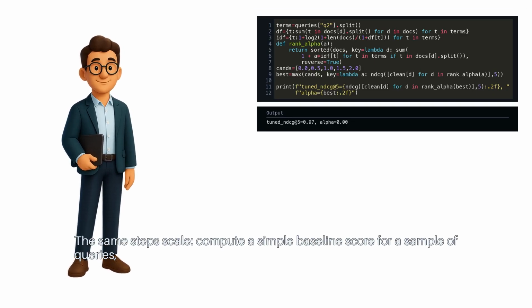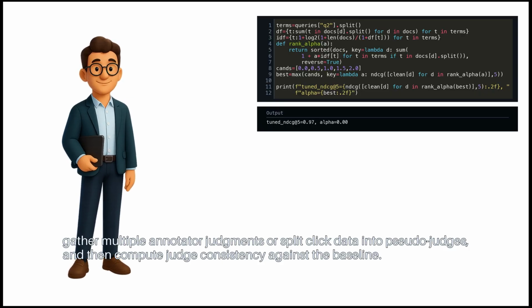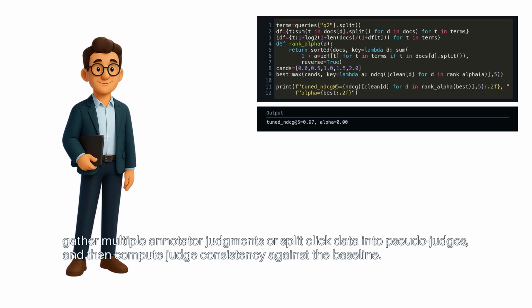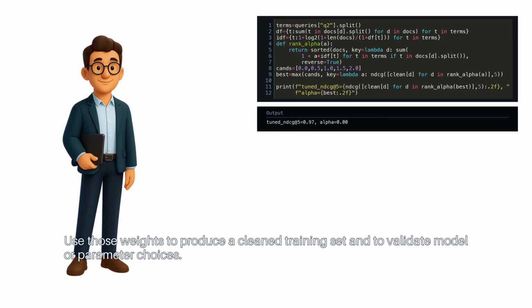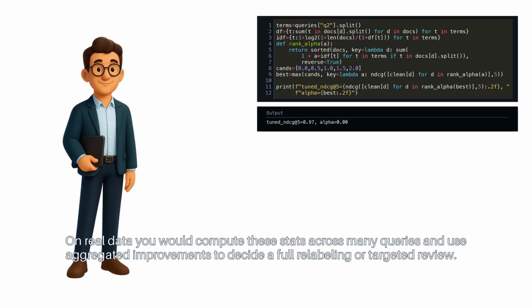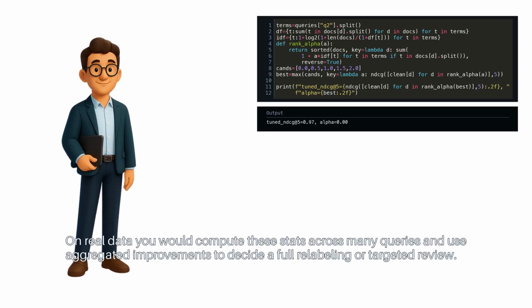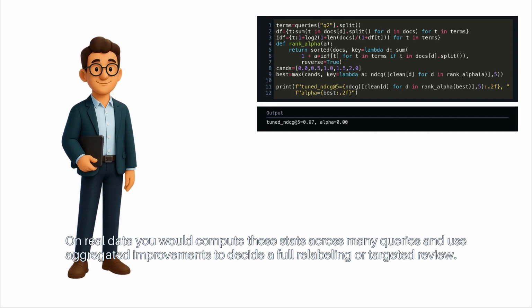Compute a simple baseline score for a sample of queries. Gather multiple annotator judgments or split click data into pseudo-judges. And then compute judge consistency against the baseline. Use those weights to produce a cleaned training set and to validate model or parameter choices. On real data, you would compute these stats across many queries and use aggregated improvements to decide a full relabeling